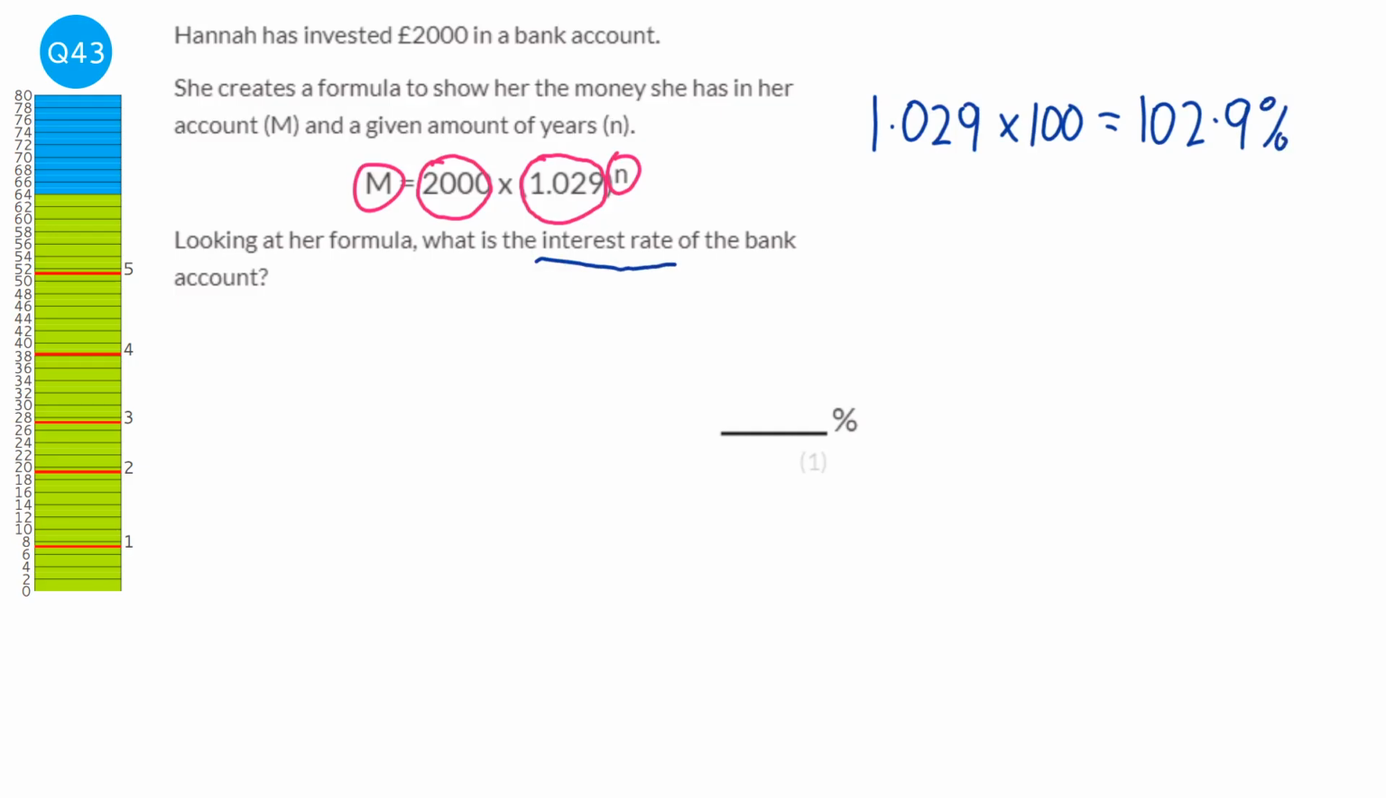Now it says, what is the interest rate of the bank? Well, this 102.9% is 100% plus the interest rate, which will equal the 102.9%. So the interest rate is going to be the 2.9%. You always start off with 100%. So if I put £5 into my bank, I've got 100% of that £5, and then the interest rate is on top of that 100%. So our answer here will be